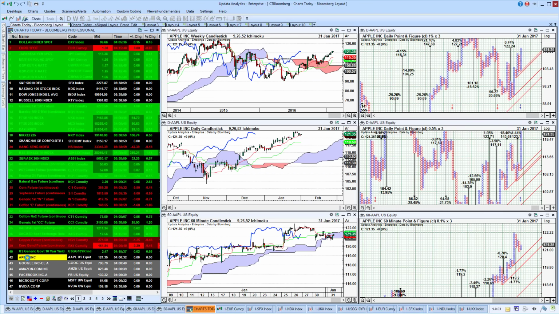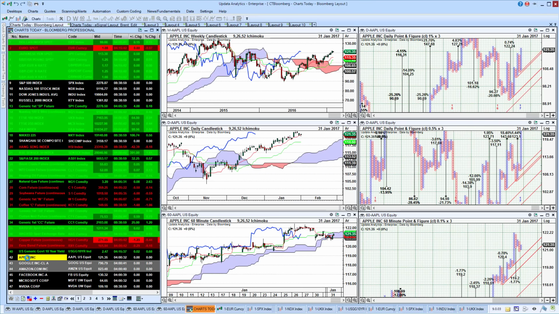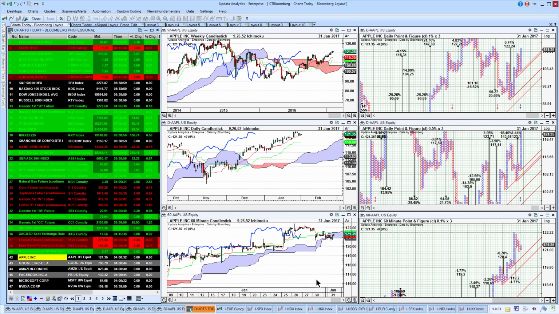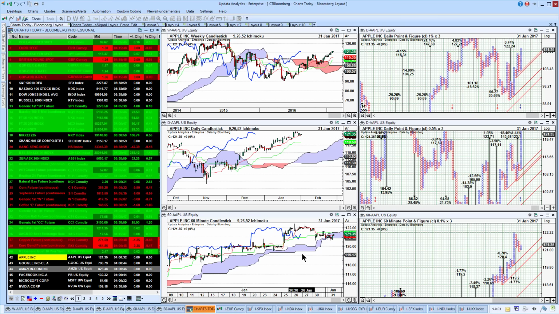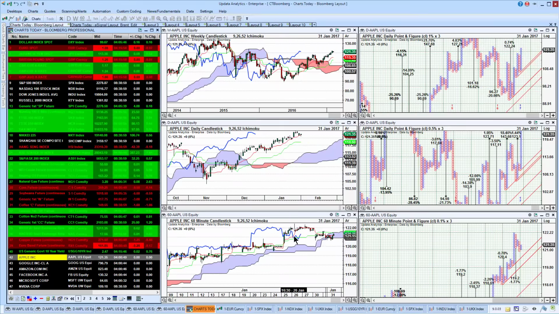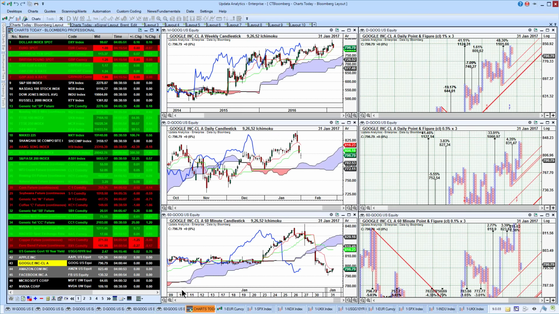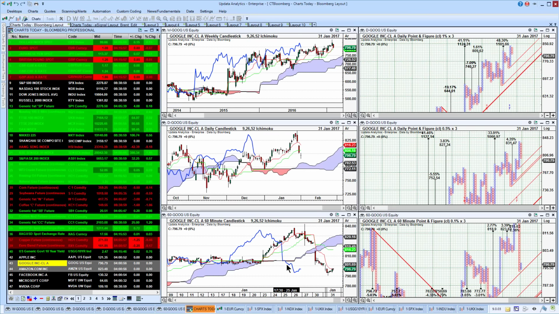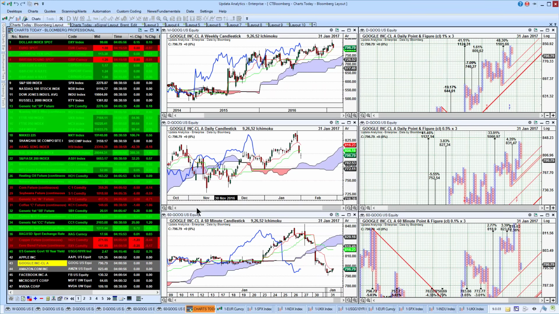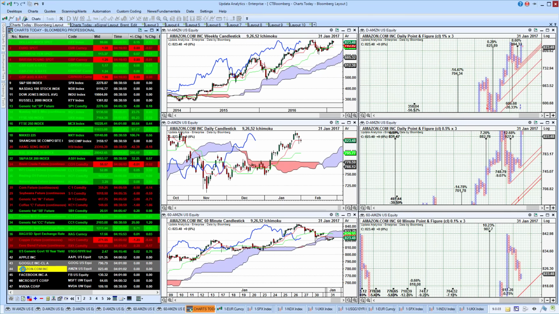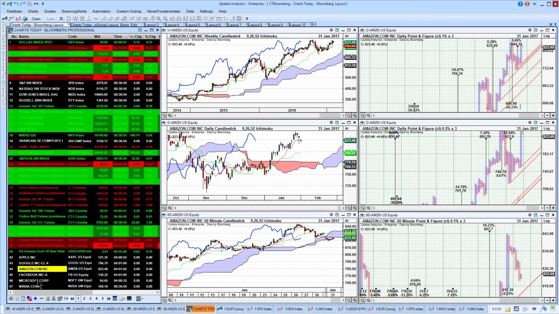Apple reported results last night, was quite strongly up in after-hours trading, better than expected, but cautionary outlook. So it'll be interesting to see how they react in the market at opening today. Google, just below the cloud after last week's results disappointed a bit, but we still have very good medium and long-term position. Amazon, bullish on all three time frames. We do have a little bit of downside pressure here.